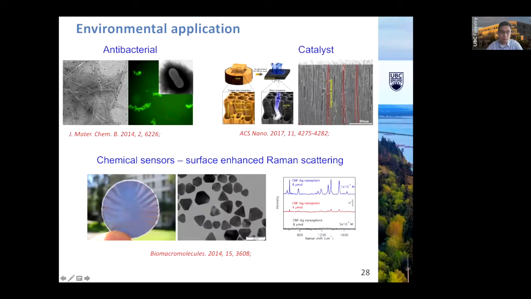We can use cellulose nanofiber to synthesize silver nanoparticles. For this paper, we are seeing it can serve as a mop to collect all the bacteria. This is very interesting: it not only kills the bacteria, but also collects all the bacteria. For this one, the wood structure can be decorated with platinum nanoparticles and serve as a catalyst for water treatment. And also, we synthesized a triangular shaped anisotropic silver nanoprism, which can be used for surface enhanced